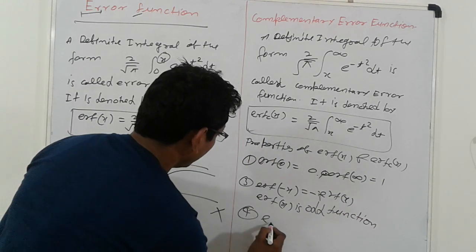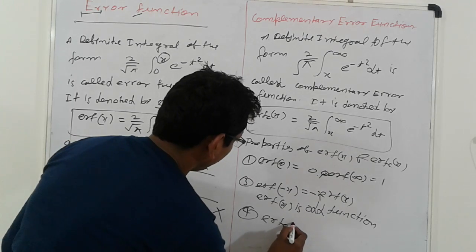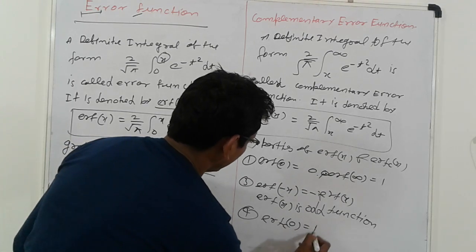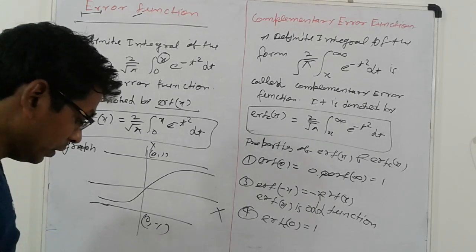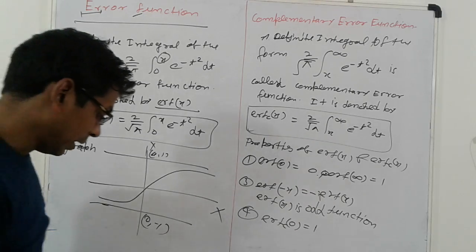Fourth, erfc of 0 equal to 1, erfc of infinity equal to 0, and another